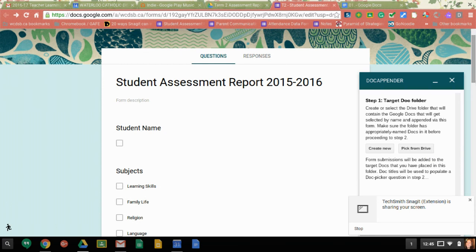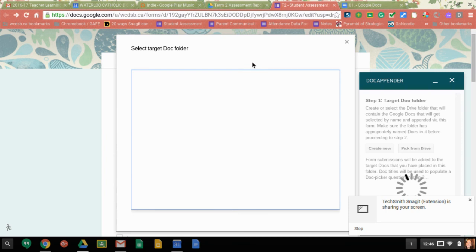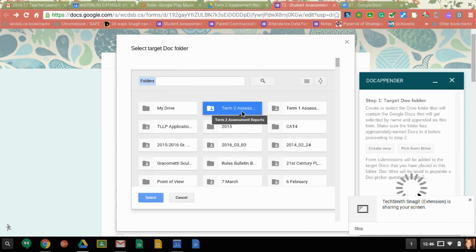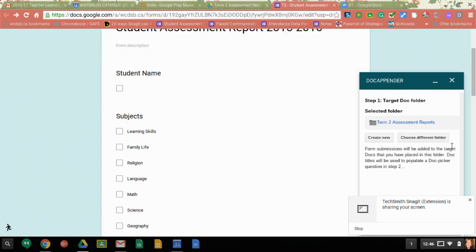So this is why it's really important that you've already completed the folder with docs in it assigned to each student. So we're going to pick a folder from our drive. It's going to bring me to all the selections I can go from, and I just have to find it. And it was recent, so it's nice it shows up right here, and I can select that folder. And you can see that it's shown up right here. Okay, and then I'm going to go to next